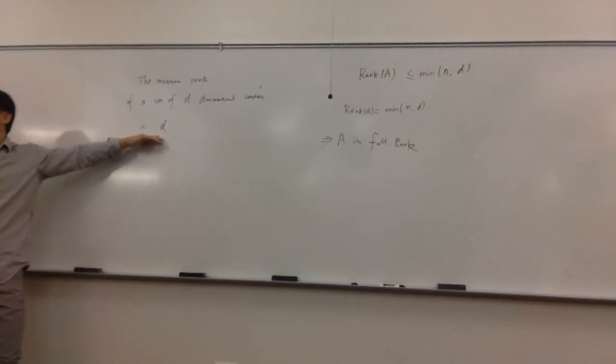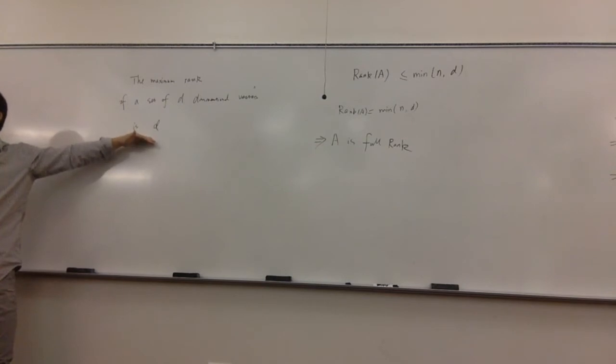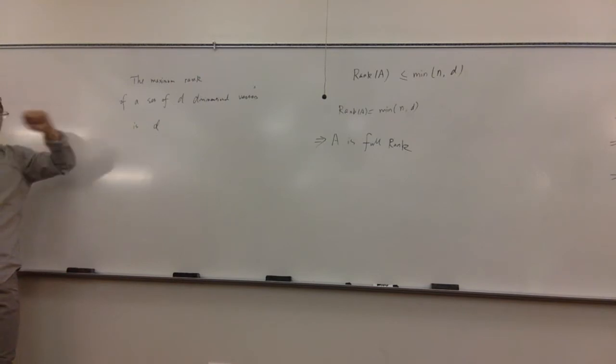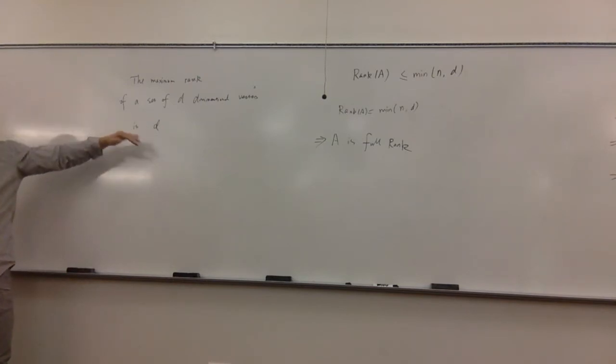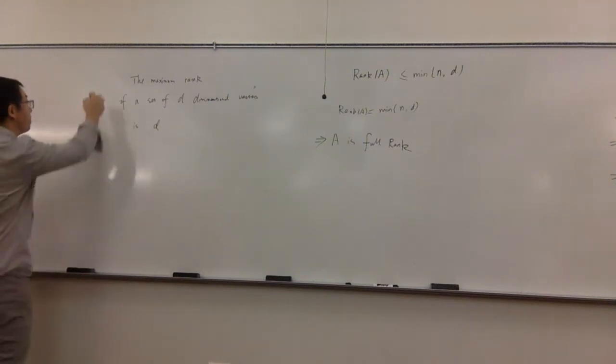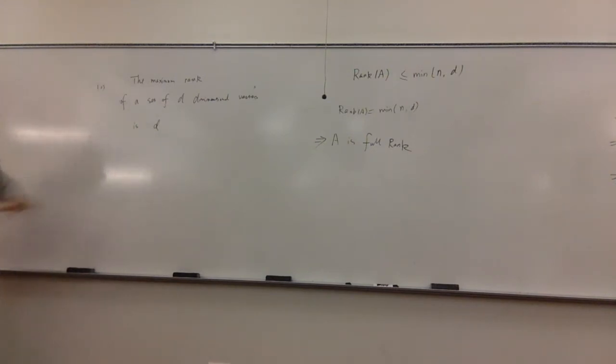It cannot be d plus 1, d plus 2. It's not possible. And there's an interesting proof to show this conclusion. I won't have time to show it right now, but if you have time, you can check your linear algebra textbook. And the corollary of this, we can call it a lemma, is that